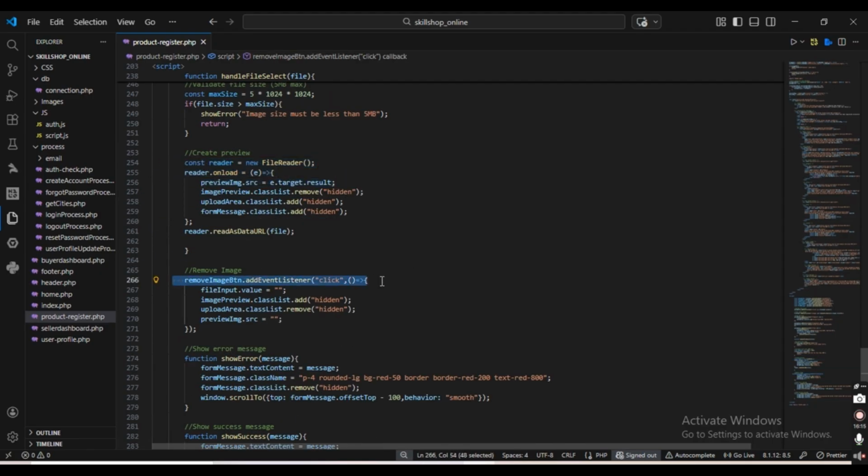Here, when the user clicks remove, the file input is cleared, the preview is hidden, and the upload area is shown again. And also the image source is cleared. I use this to give the user control to change the image if they selected the wrong one. This improves flexibility. And